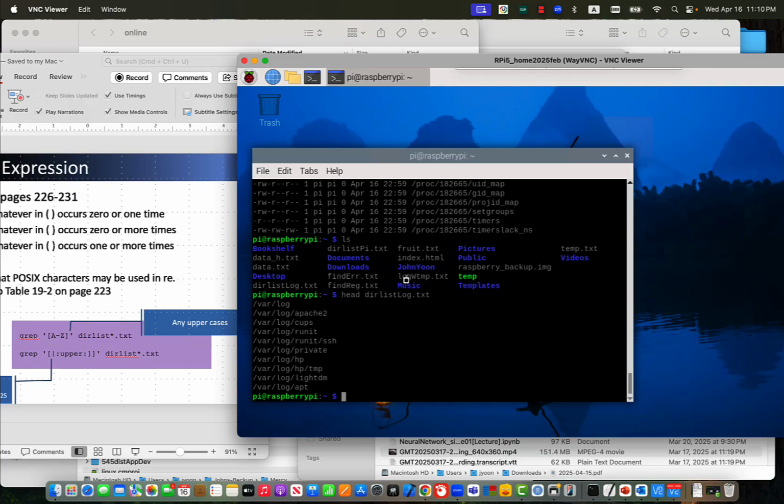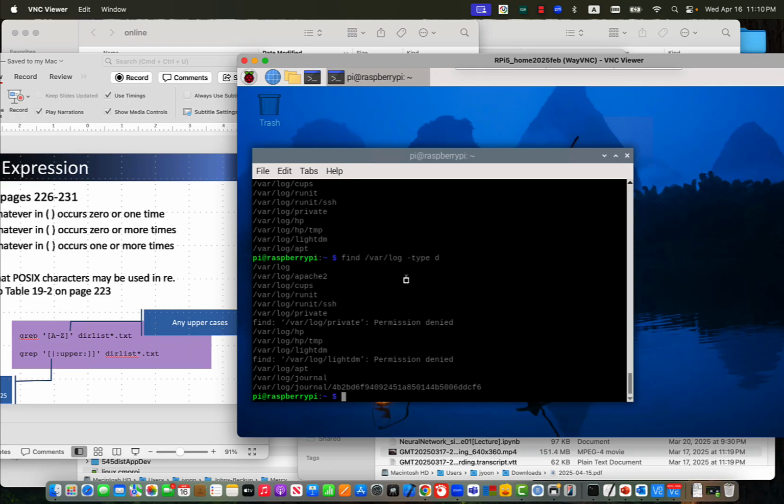If I have directory list pi, then within my... So how can you make that directory list? You can find in var log, type directory, then you can find that, right? Without that prior, permission denied. But anyway,